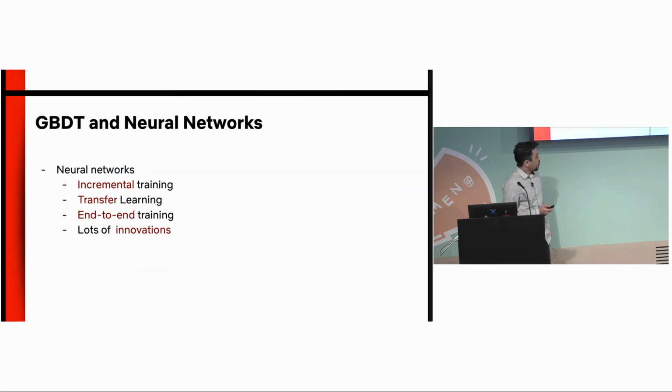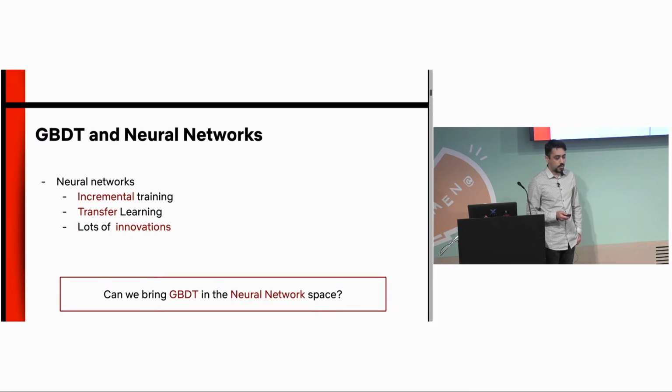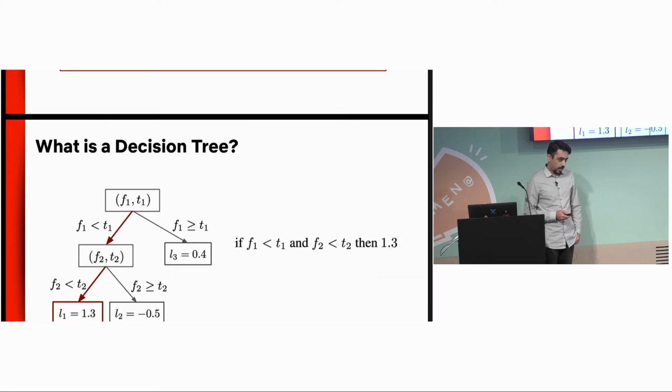On the other hand, neural networks have been very popular recently. There have been a lot of innovations. They're compatible with incremental training, end-to-end training, and transfer learning. And the question is, can we bring GBDT to the neural network land and take advantage of these benefits? And to answer that,